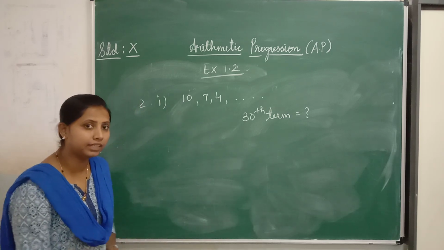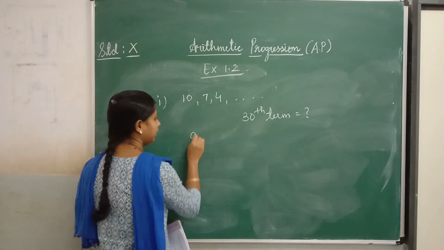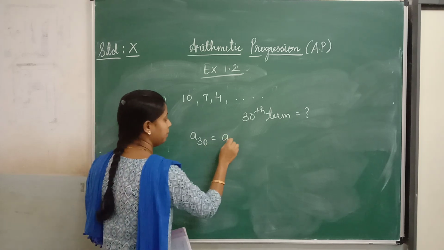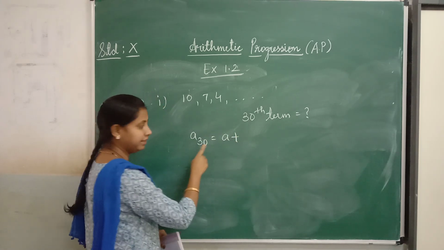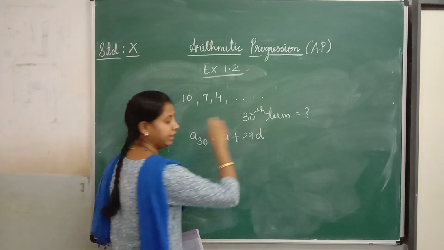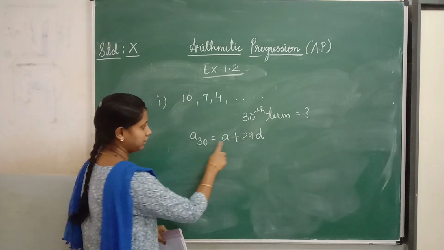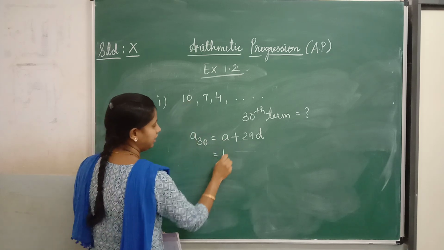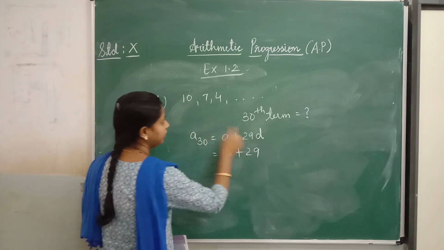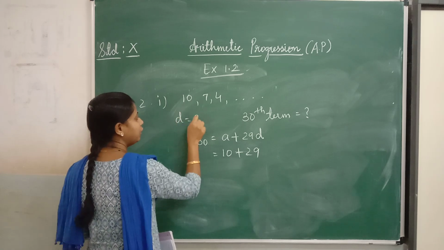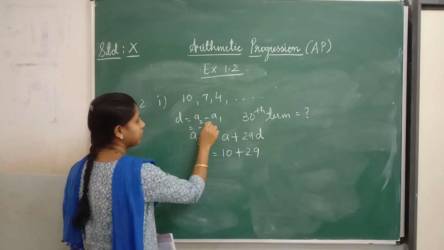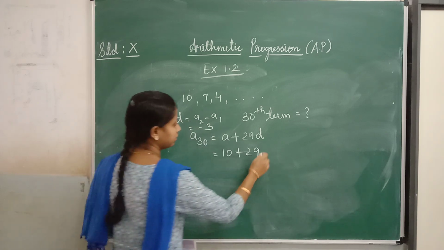How to find the 30th term, children? A30. How to find A30? It is A plus 1 less than 30, that is 29D. Using this you can find the 30th term. So A is given, 10 plus 29 times the difference. How to find the difference? A2 minus A1, 7 minus 10. That is minus 3. So multiply by